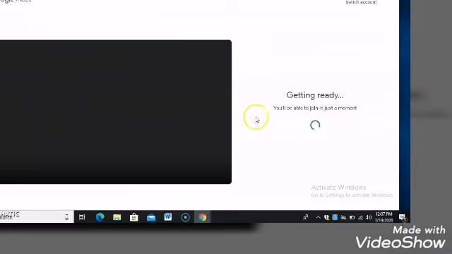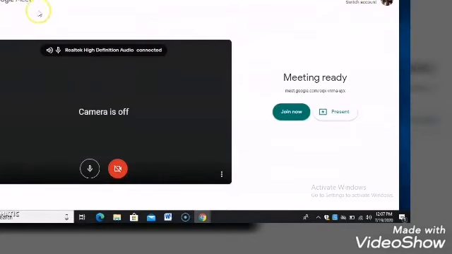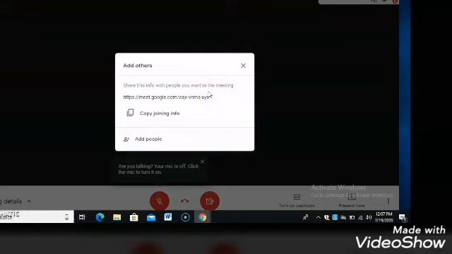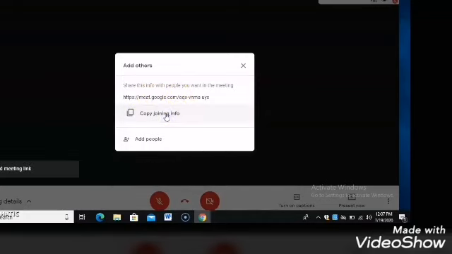So this page will appear. Have you seen that at the top there is a caption of Google Meet and the page has been opened? Either you can open your camera or mic, so I'm going to turn off both. Then I'm going to move to the meeting room, join now. When I open the meeting room, the link box will open first. When the link box opens, we can see there is a link given. I will copy this link and then send it to my students.